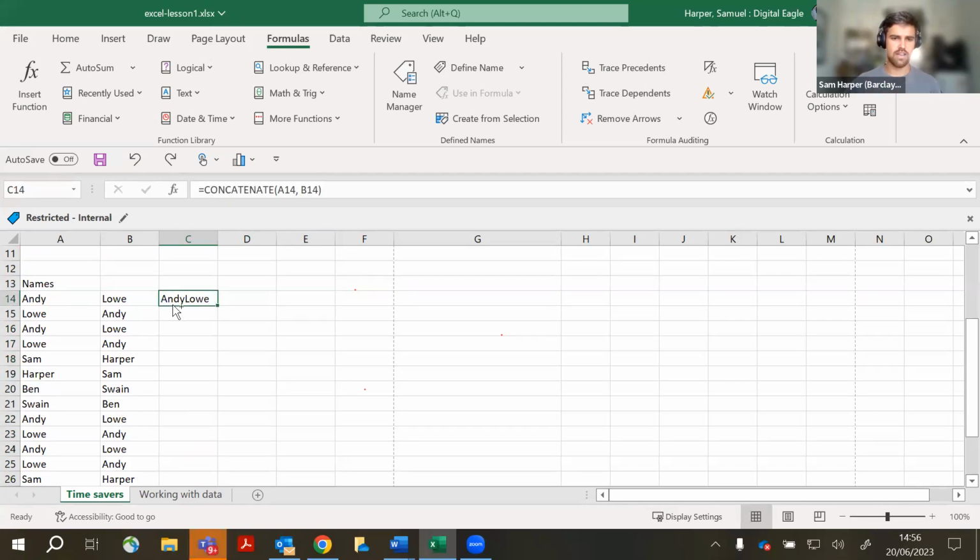So if I click on that first name, you can see in our formula bar, we have our formula that we just typed out. So we want a space to appear between these two text strings. So after the first text string, which was A14, just after that comma, I'm just going to click there. And I'm just going to specify a space. So to do that, I'll do some speech marks. And then I simply just hit the space bar once and then close those speech marks and then add a